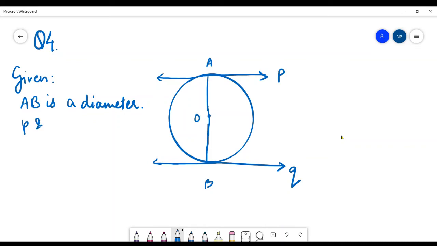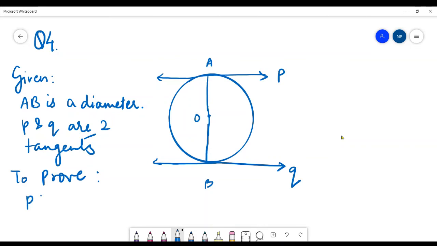P and Q are two tangents. P and Q are two tangents, that is also given. What do we have to prove? To prove that P is parallel to Q. Okay, we have to prove that P is parallel to Q. Now, in the proof part we are going to write that